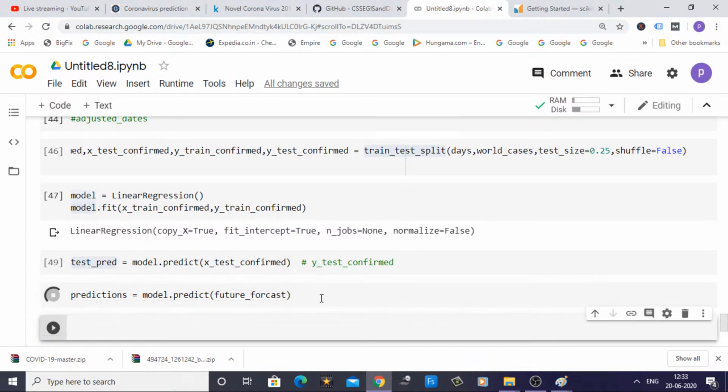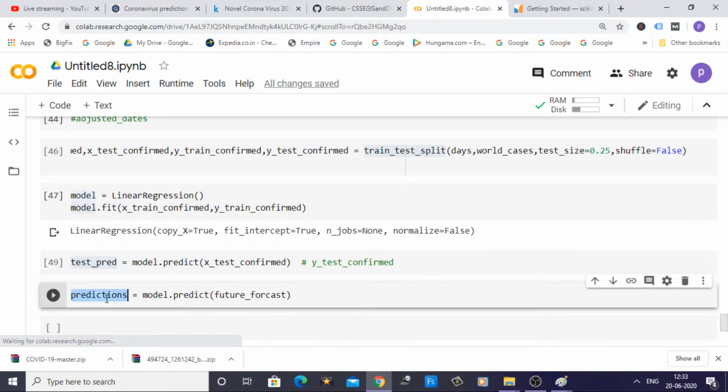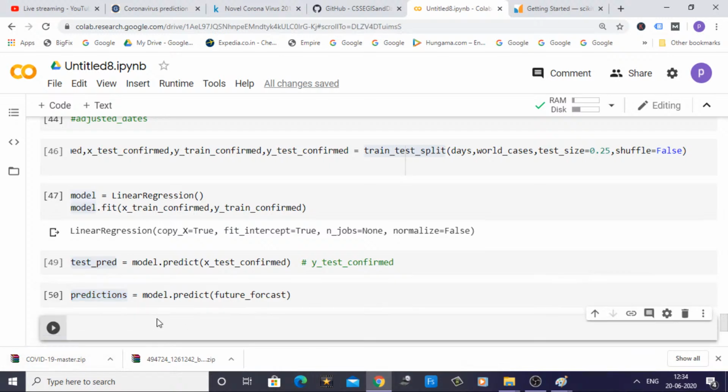You can run this. You can check this test prediction. For measuring the errors, there are different parameters in sklearn. We have mean squared error, we have mean absolute error. I'm just taking one of them, from sklearn